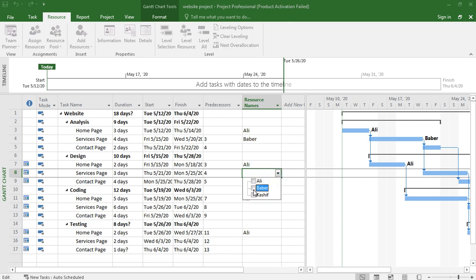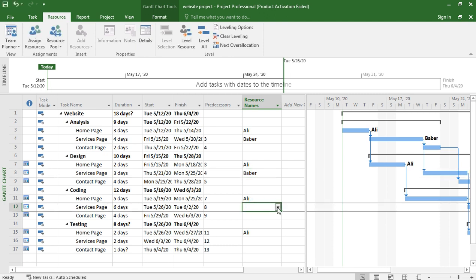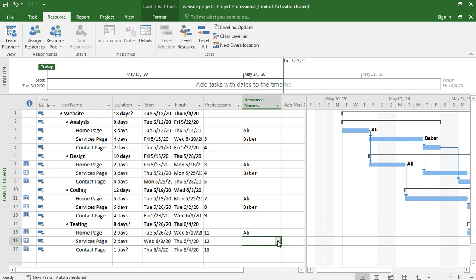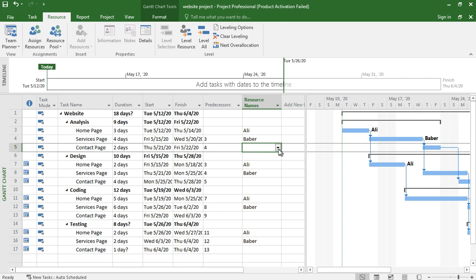Now for the services page, we have a second person, Babar. Babar will analyze the services page, design the services page, and code the services page, and also test the services page.